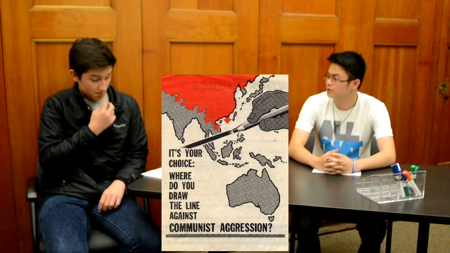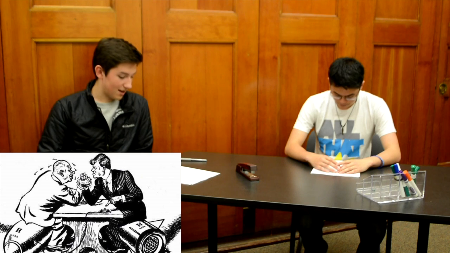Alright, so Will, do you think you could briefly describe containment for our viewers? Of course. Containment was a process described by George Kennan in his long telegram from Moscow to the US. He warned about the dangers of appeasement and encouraged the US to do whatever it could to prevent communism from spreading to any other countries outside of the Soviet Union. This policy continued from the late 40s to the early 80s, and was responsible for conflicts like the Cuban Missile Crisis, the Bay of Pigs fiasco, the Korean War, and the Vietnam War.